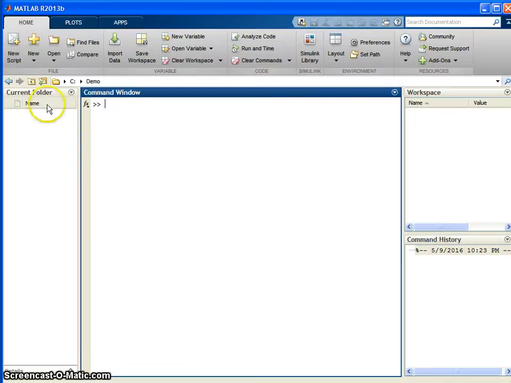Now as you can see here, it's the current folder. This is the location where you are trying to save your work. Whatever files you create, by default all these files will go into this folder. At the end of the session, you can always copy this folder. You can go to the C drive and copy this folder, and use it in another system also. It is possible. If you want to change the folder, you have to click on this icon